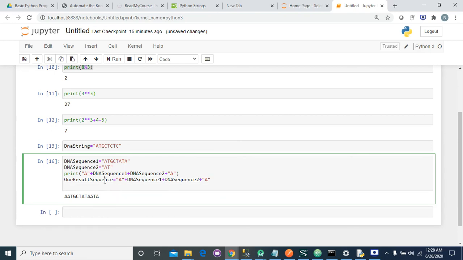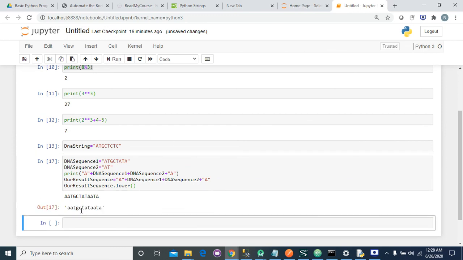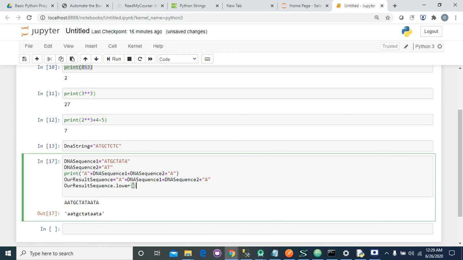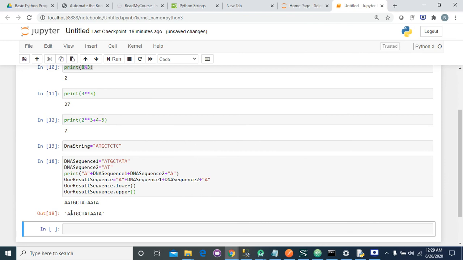And if you want to convert it, then it will convert it into lowercase characters. Now again, if you want to convert it into uppercase, I will use upper, and now it has converted it into the upper string.